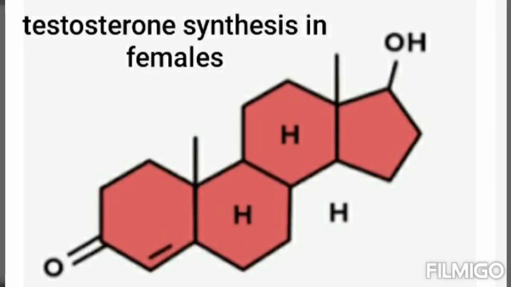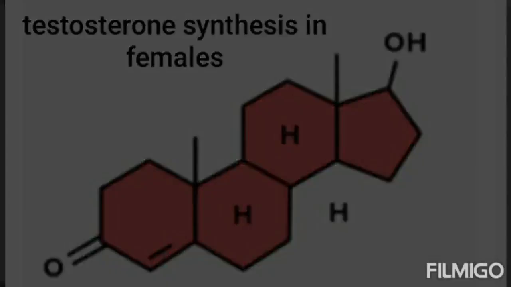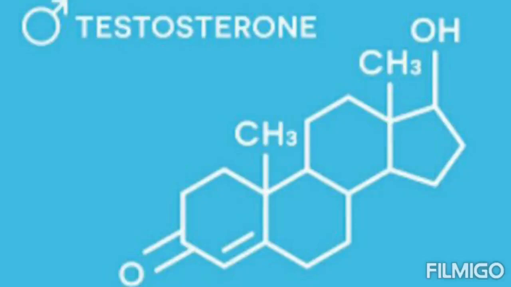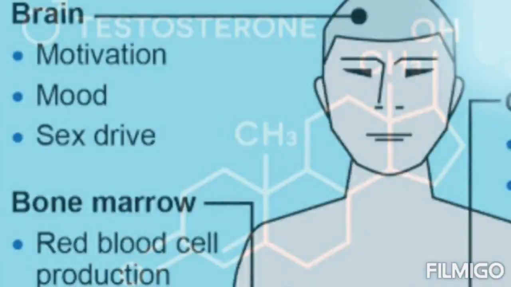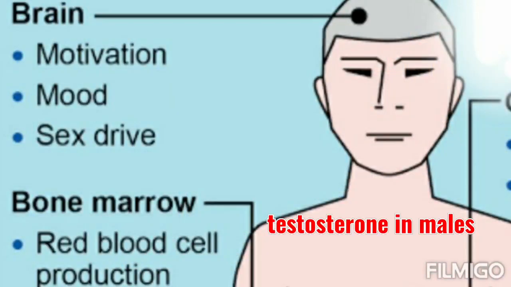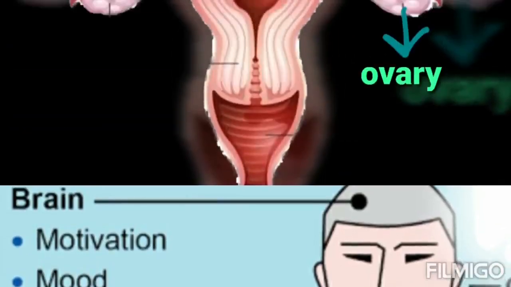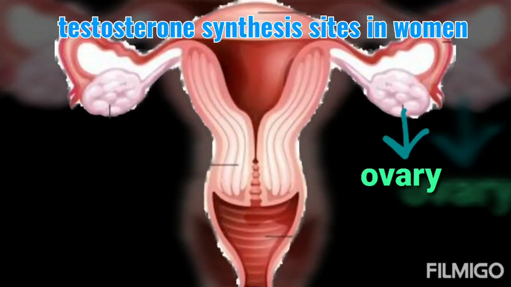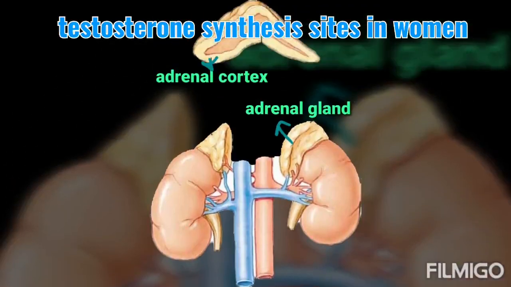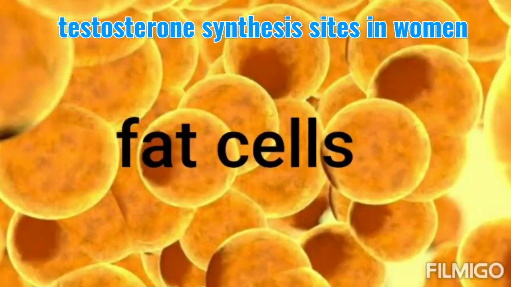In today's tutorial, we will be learning about testosterone synthesis and its metabolism and functions in females. Testosterone is an androgen, which is a male sex hormone that plays a role in reproduction, growth and maintenance of a healthy body. Although it has been thought of as the male hormone, it is also the primary sex hormone of women. In women's bodies, testosterone is produced in the ovaries, adrenal glands, fat cells, and skin cells.